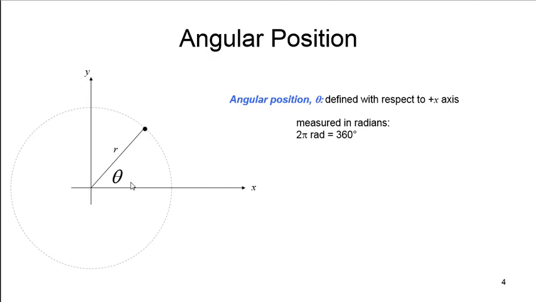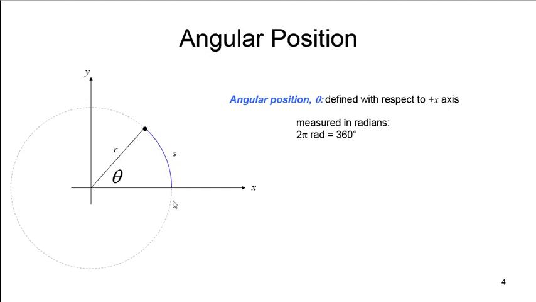So that's how we're going to describe angular position, and we'll get lots of practice with that. Now, you might wonder, why do we use radians instead of degrees? Because degrees are so much easier to understand. Well, the reason that we use radians is that, let's say I want to know the length of this arc